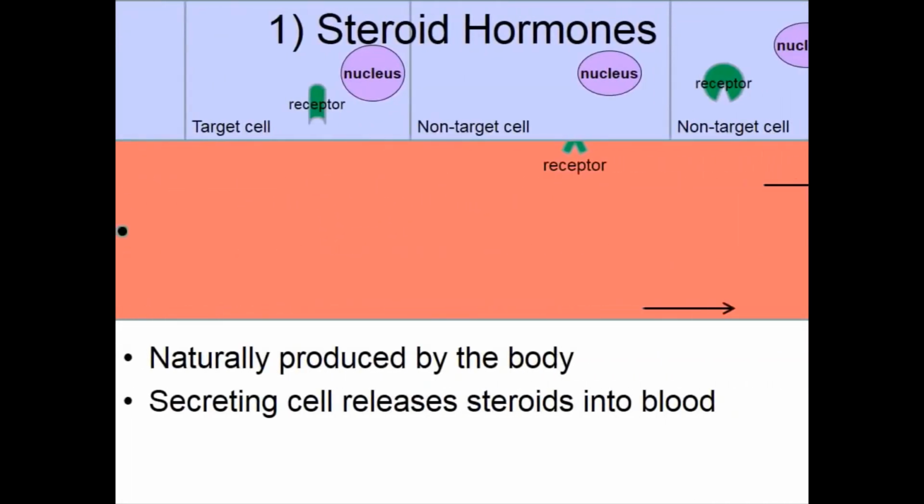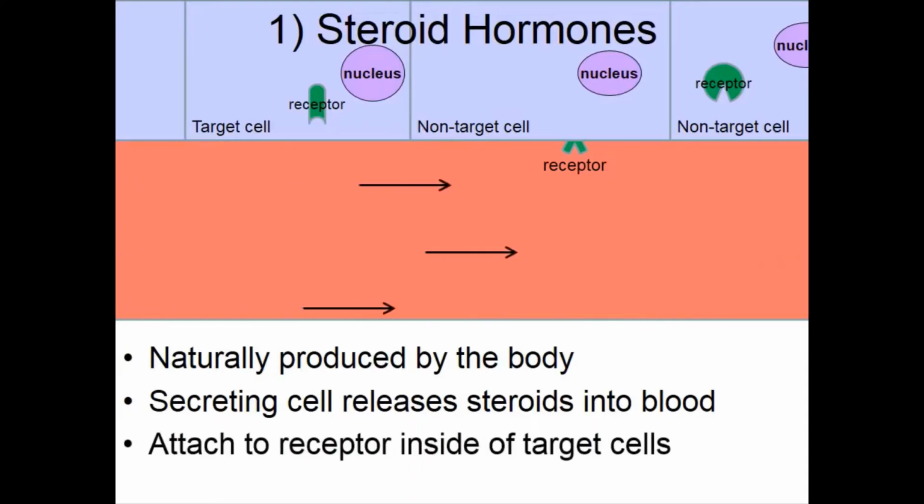So when we look at where those steroid hormones are going, in my animation you can see the steroid hormone is bouncing off of a non-target cell receptor. The receptor has a triangular shape to it, and my steroid hormone in the animation is more round. So hormones don't match to every cell. Hormones match to very specific cells.